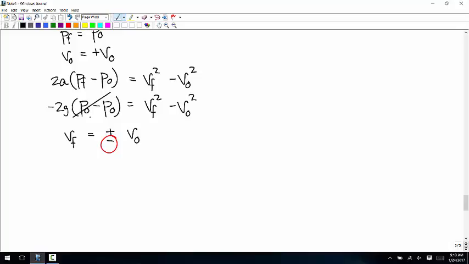A bullet is pretty streamlined, but it doesn't have a lot of mass, and it's going very, very fast. And so there's a ton of air resistance slowing it down, which means that by the time it comes down to Earth, it's going a lot slower than it took off. But either way, it's coming back down to Earth really, really fast.